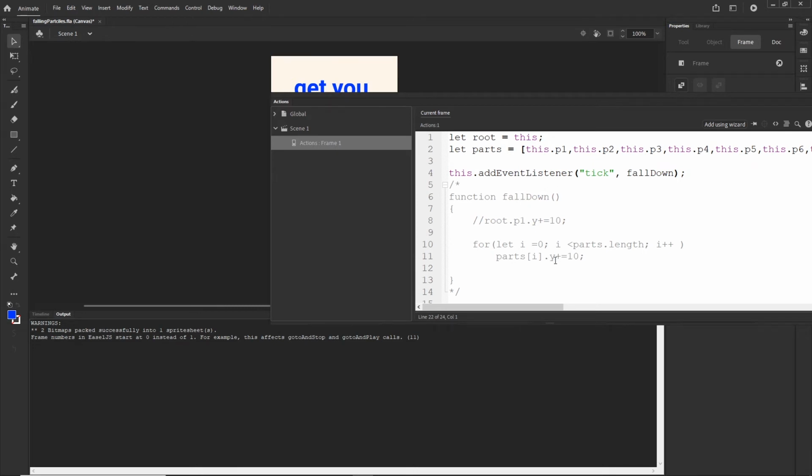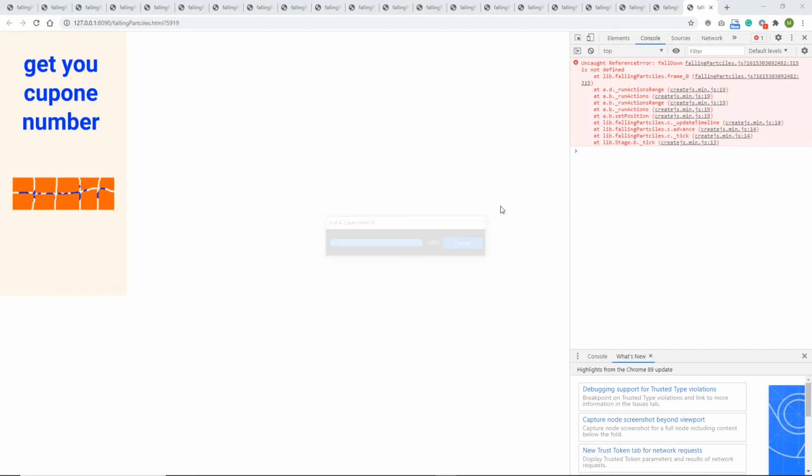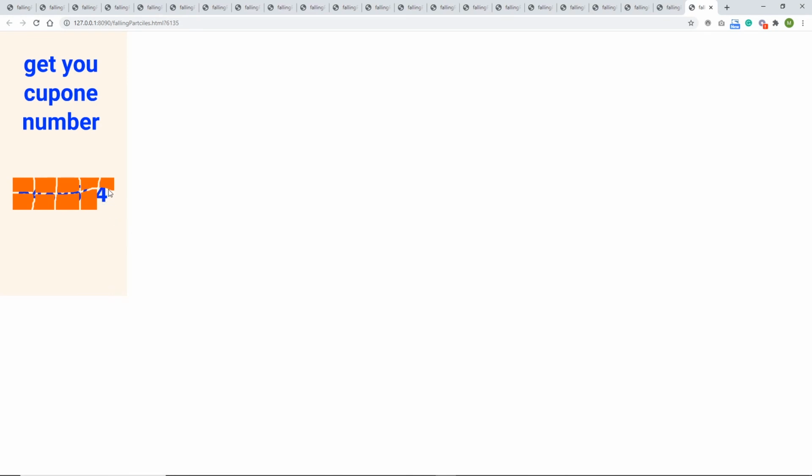Okay, I can see. I wanted to comment out also this line of code, because right now I am calling the function which doesn't exist, because I commented out that function. So let me cut this and paste it in here, because as I said, I wanted to comment out all of this part. So right now I will hit Ctrl Enter, and I will click, and if I click on one of them, that one is going to